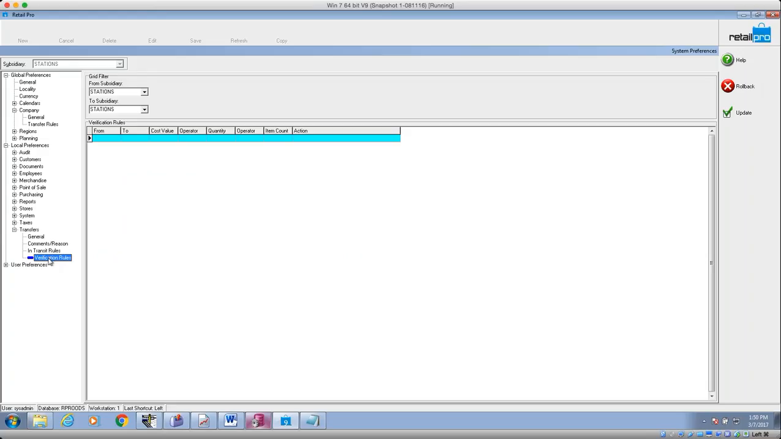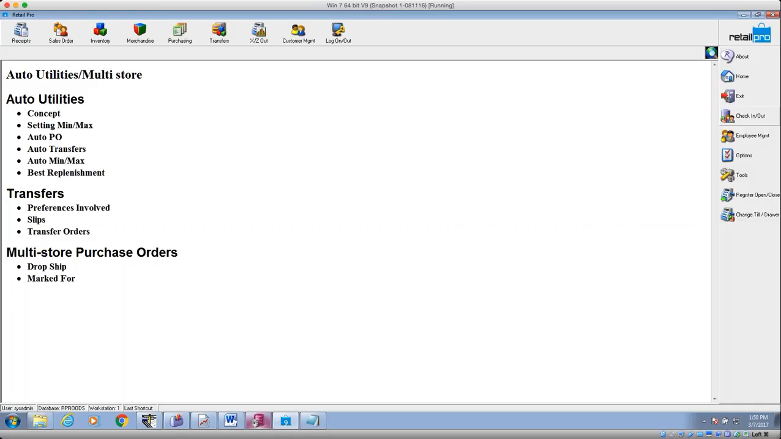That's in transit. This is verification rules if we're using auto verify, or excuse me, transfer verification. And what do we got here? We got preferences involved. Yep, those are the preferences. Slips and transfer orders. Well, yeah, I guess we are talking about it. So